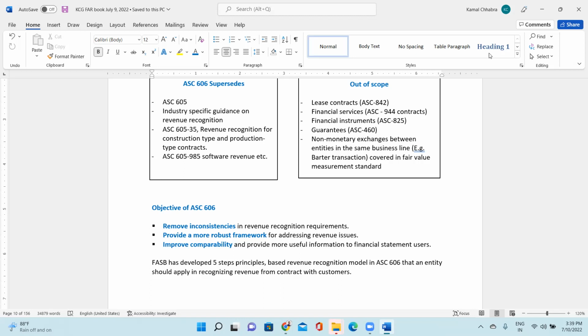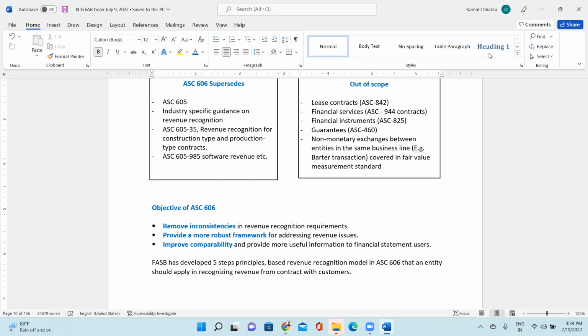They all had so much inconsistency in recognizing the revenue. So the objective of bringing ASC 606 into the picture was to remove all those inconsistencies and make a single standard for revenue recognition, right?